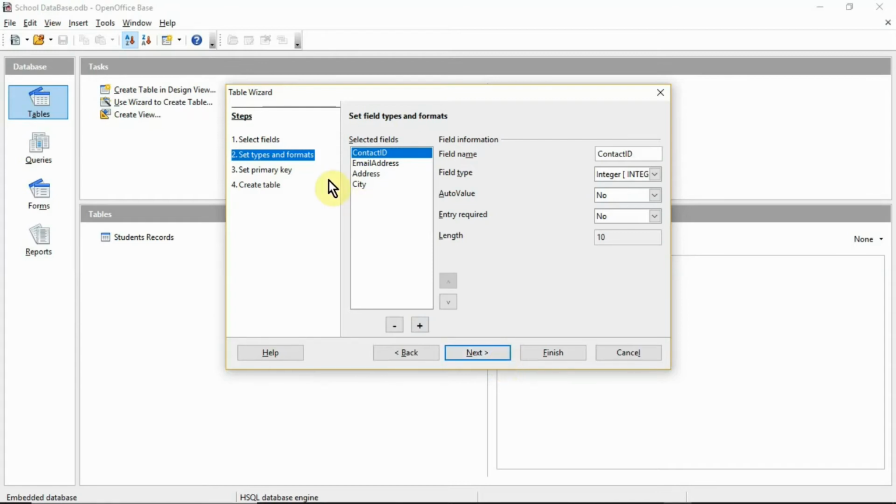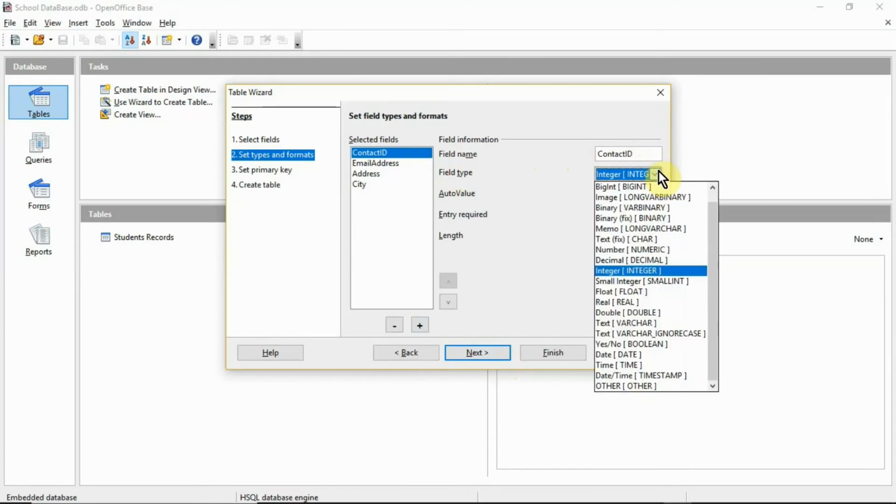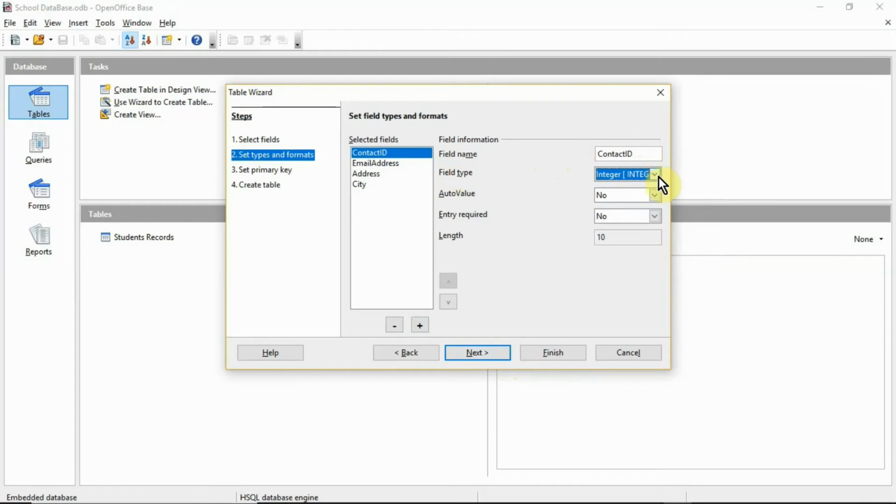Set the type and format. Contact ID, field name is contact ID and field type is integer. Length is 10. Email address, field name is email address, field type is text and length is 50, and third field name is